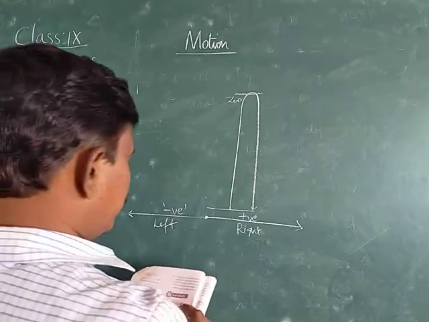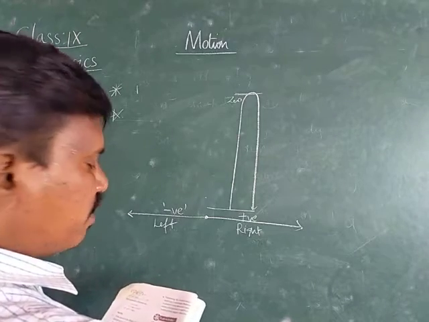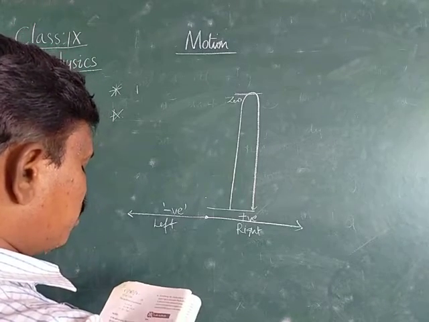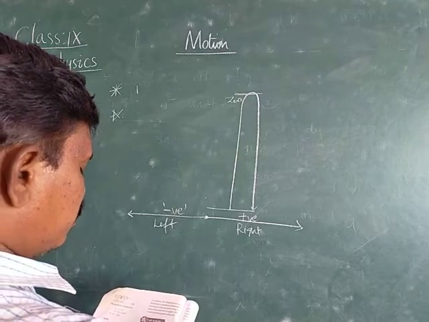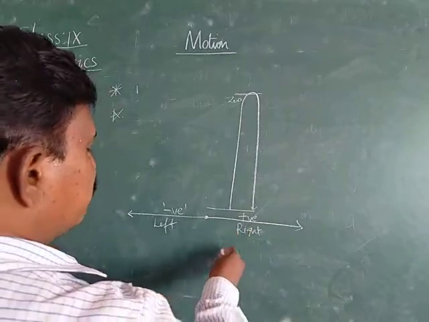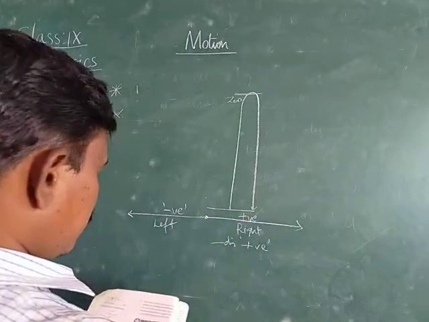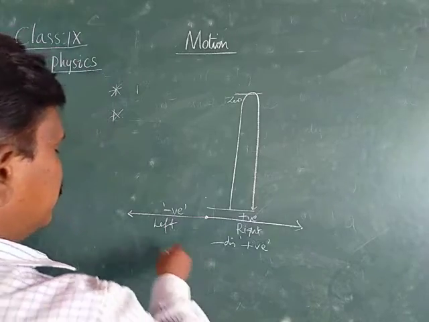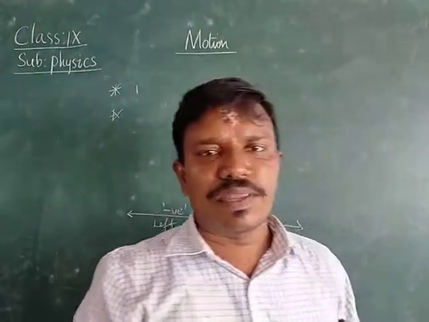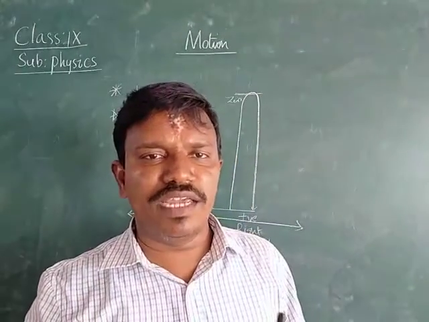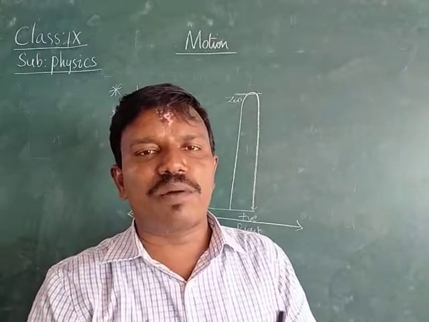Okay. Next, expressing the displacement with the proper sign is very, very important. When we are representing the displacement, we should indicate it by the proper sign. Displacement is positive when it is measured in the positive direction, and it is negative when it is measured in the negative direction. This is the note that you should write down while doing the equations. And during the equations, we should indicate the proper signs.